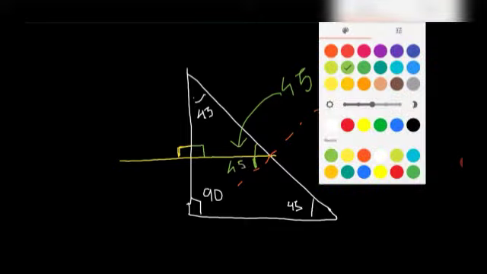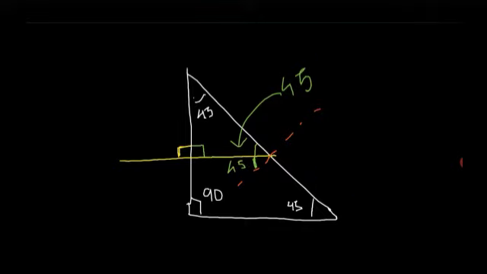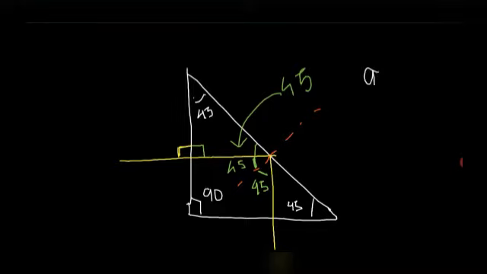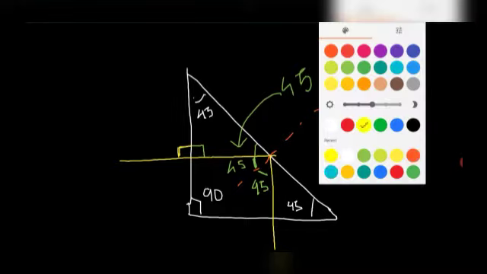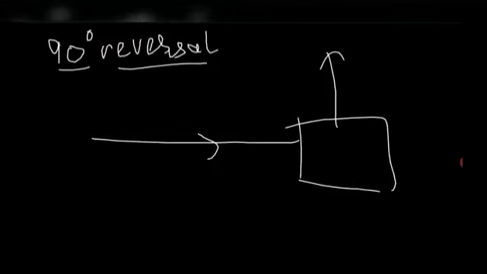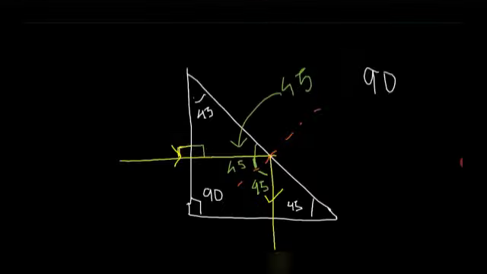And now if it goes under total internal reflection, let's say like this, this angle will also become 45. So 45 plus 45 is how much? 90 degrees. So this light ray has actually deviated 90 degrees. So this is my machinery. If ever they ask you how to do a 90 degree reversal, just explain this in words.